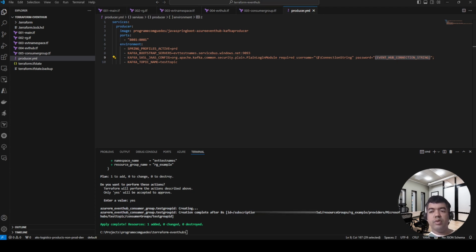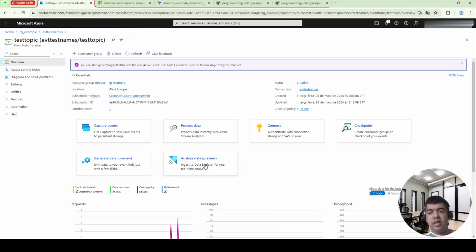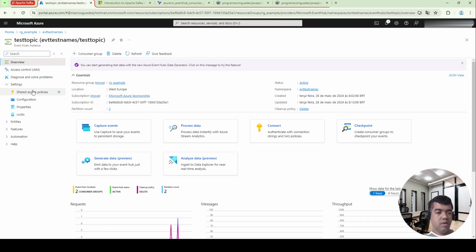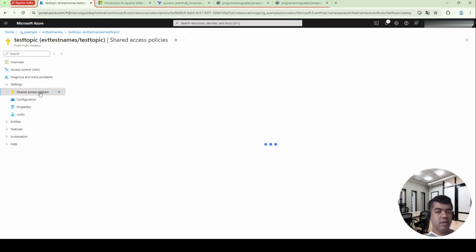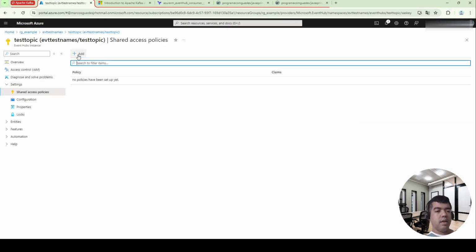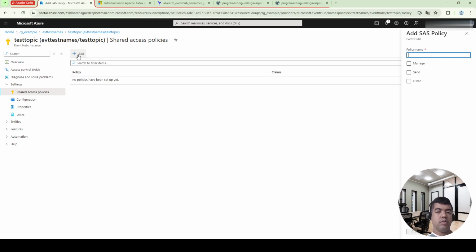For the connection string, you go to the Azure portal. In our Azure Event Hub namespace, click on Settings and click on Shared Access Policies. Click on Add button. Put a name for the policy, for example test policy, and select the Send and Listen options.